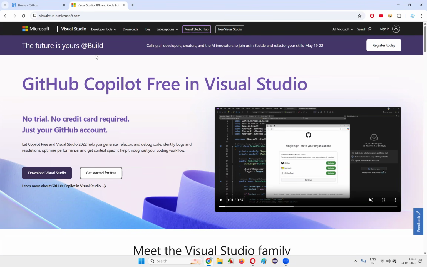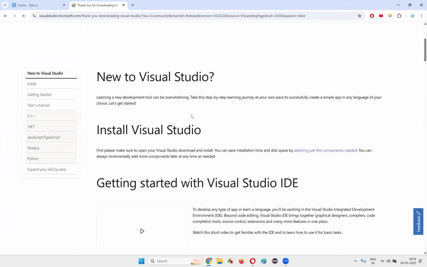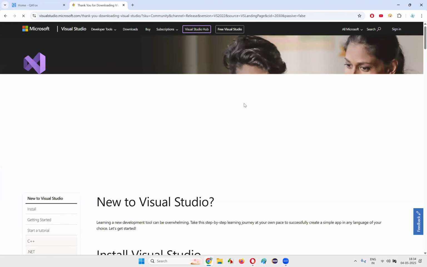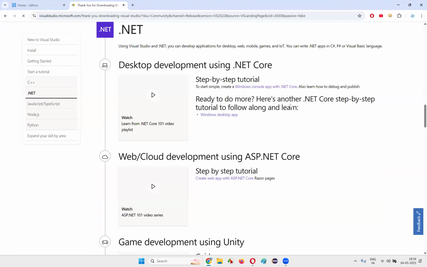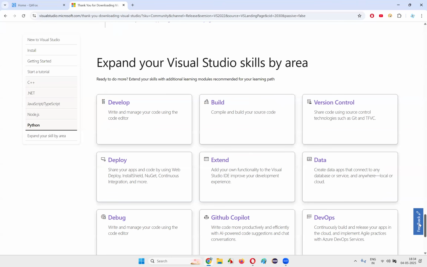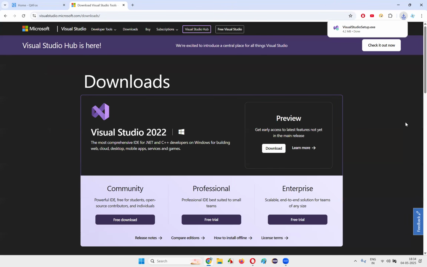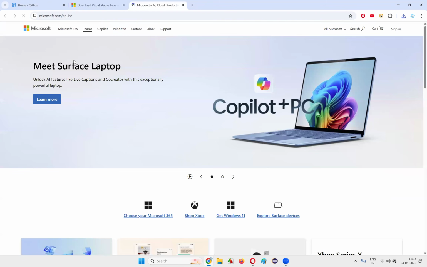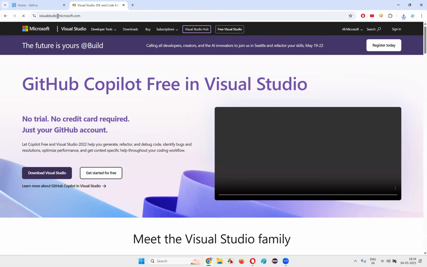Okay, so download Visual Studio is there. Click on download Visual Studio on the home page of Visual Studio. Okay, so what is there when I try to download here? A lot of things are coming. This is not the page I was expecting. Okay, downloads. I'll go to the downloads. Yeah, this downloads is good. So that was another download. Okay, that's okay, guys. So when you go to the official website of Visual Studio, just click on the